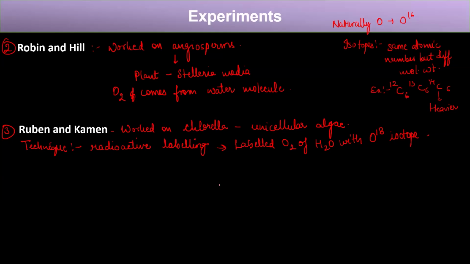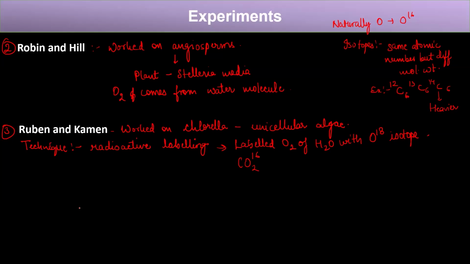So these scientists labeled the oxygen of the water molecule with O18, and the carbon dioxide they did not label with anything. So the oxygen of carbon dioxide was not labeled with anything. The carbon dioxide will have O16 oxygen. Okay, now